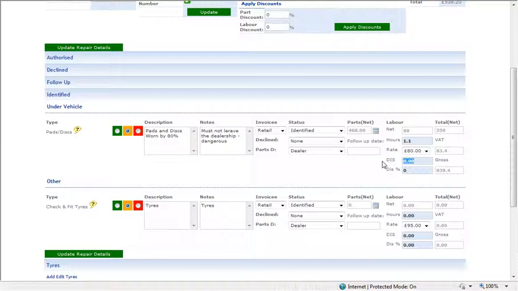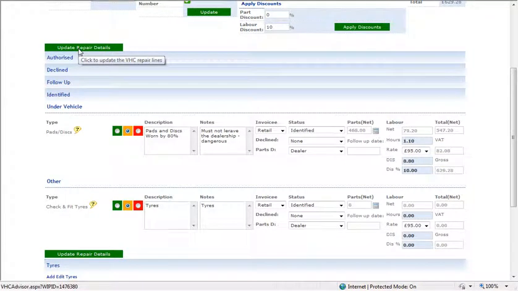Now I could of course also at this point apply some discount. Maybe it's a monetary discount. So I'm going to provide £30 worth of discount, and that'll then bleed that calculation through and work out the percentage. And likewise I can do that in reverse. So if I wanted to apply a 10% discount to it, then you see the total values lined up here. If I'm happy with that and I'm happy that it can be saved, then I simply update the repair details,